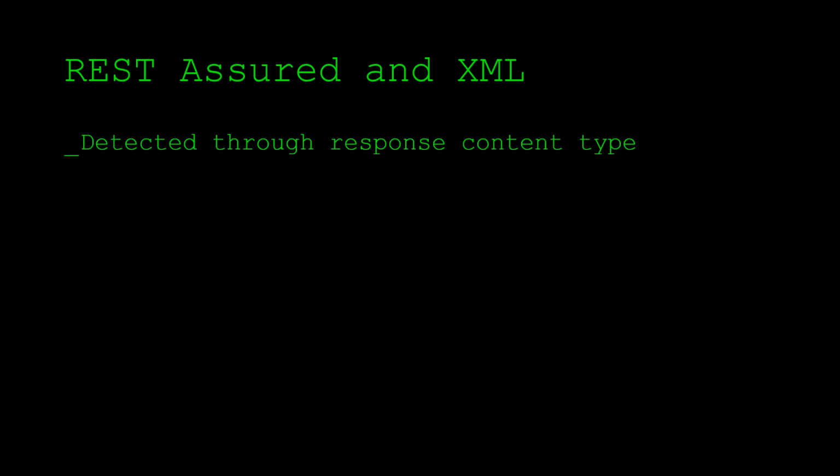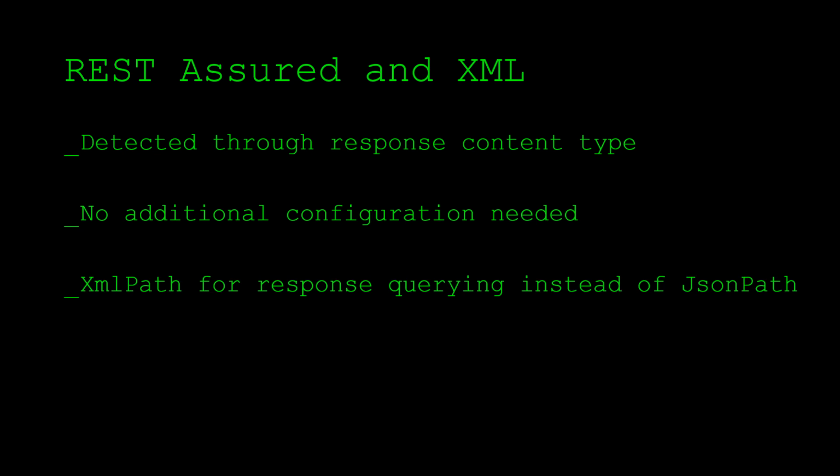If that's JSON, REST Assured will automatically treat the response as being JSON. If the content type header value in the response is equal to XML, REST Assured will see the response body as being XML, and so on for other types of response body contents. This means that there's no additional configuration needed and REST Assured can work out of the box with both XML and JSON responses. Now, of course, you can't use JSON path to query XML